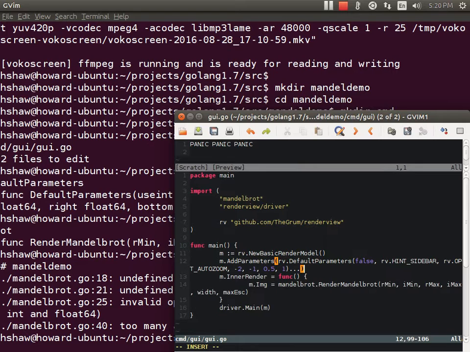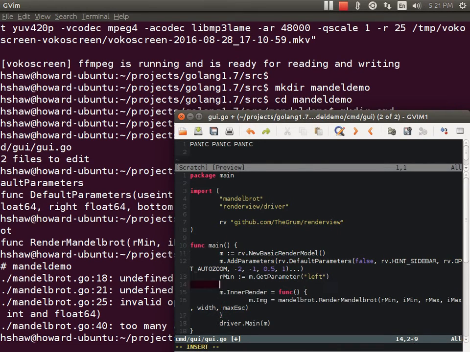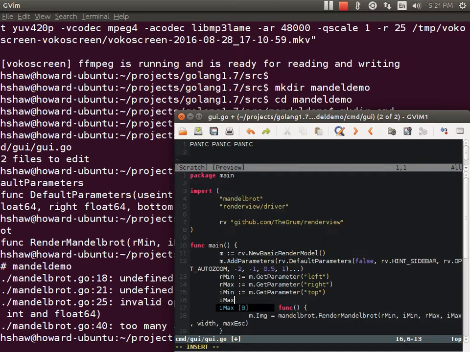All right, so min is left, our max is right, min is top, max is bottom. And I'm going to come back here